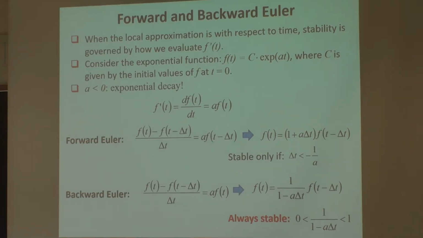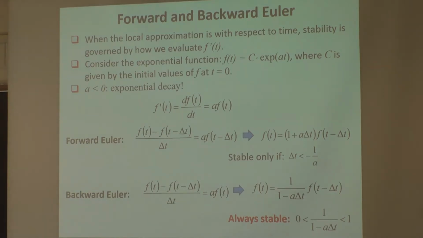For the very simple examples, it's just a mathematical progression. Once you know the initial value, every time you multiply by this, you get your next time point. So for this very simple approximation of these equations that you solve, you move this here, and this guy for sure is f at t. How f at t depends on your previous time point is just simple algebra, and that leads to that. For backward Euler, you have to move this around, so this is backward Euler.